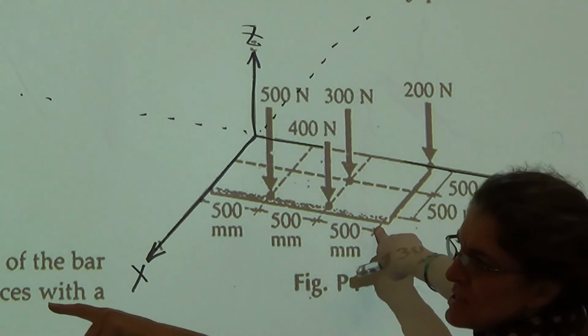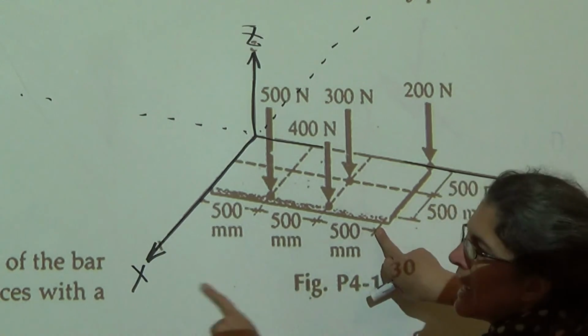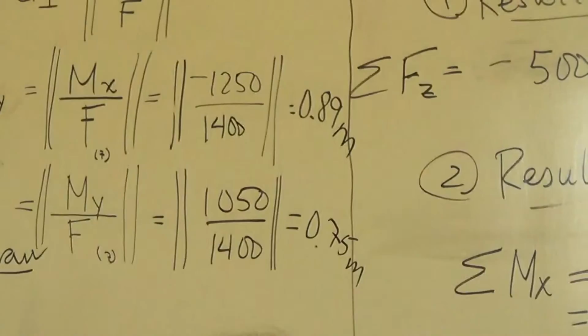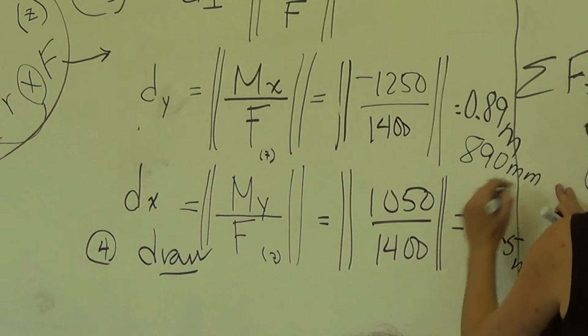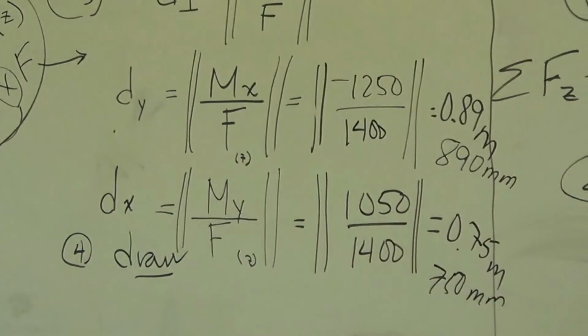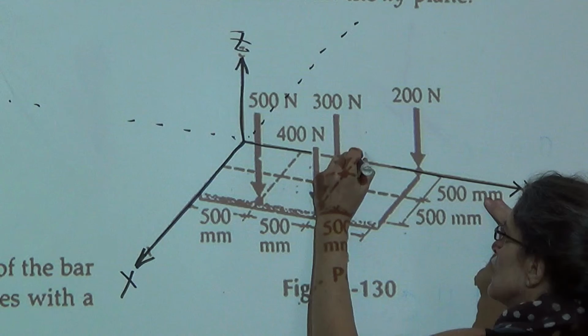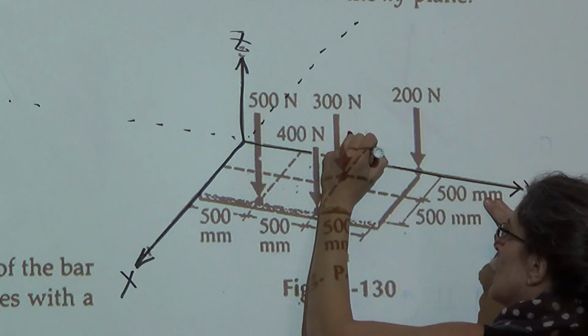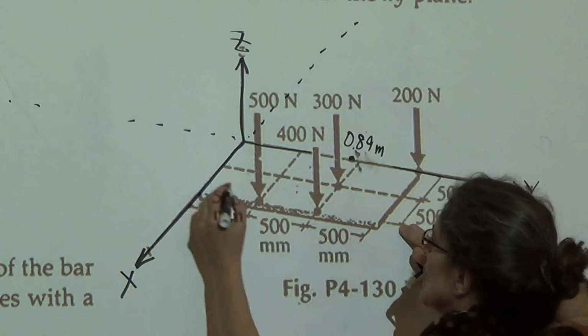And what were the distances? Maybe like 890. And what's that distance in the y? This is another place people mess up. dy of 890, so let's say 890 millimeters and 750 millimeters. The dy is along the y. Remember that parallel rule. Here's the y. The distance along the y is 890, so it's around here, right? 0.89 meters. And the distance along the x is here,